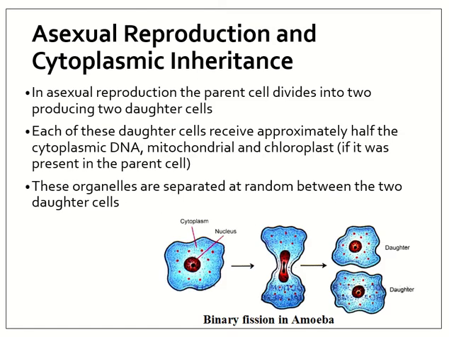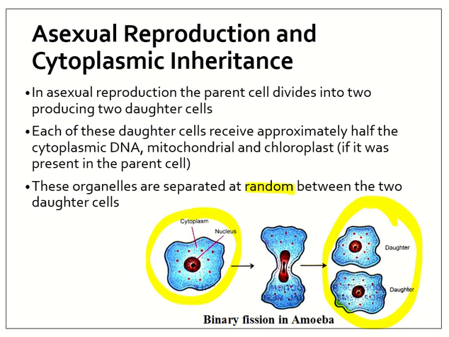When you're looking at cytoplasmic inheritance in different types of reproduction, it depends on whether it's asexual or sexual reproduction. In asexual reproduction, because the cell is dividing directly in half, the organelles are just going to get split 50-50. So you have the parent cell here, and the two daughter cells each get half. Which chloroplasts or mitochondria, or both, depending on the type of organism, is split at random between the cells.